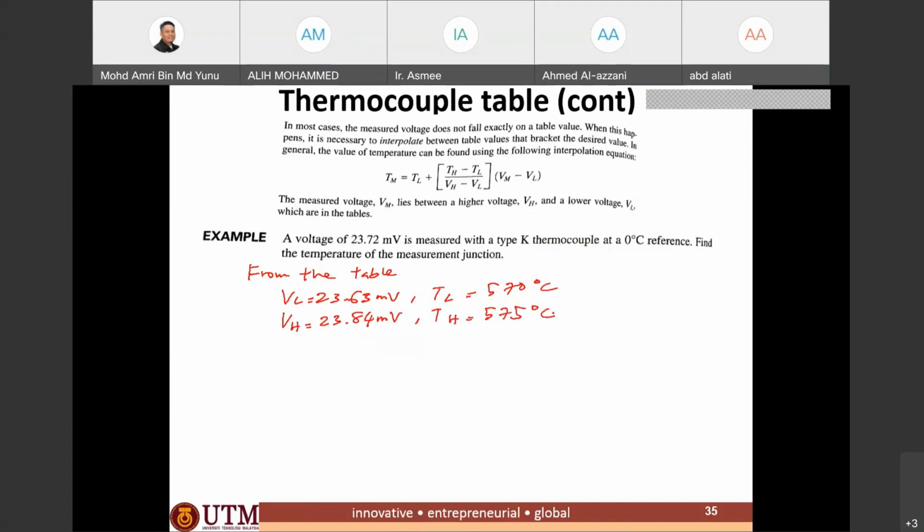Okay, so this is the point that I choose, in which this VL, VH, TL, and TH